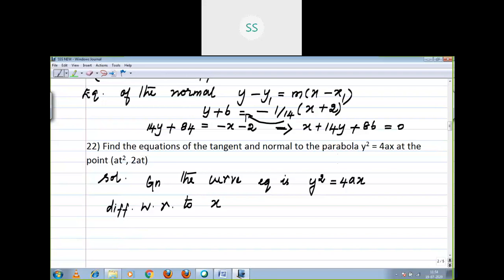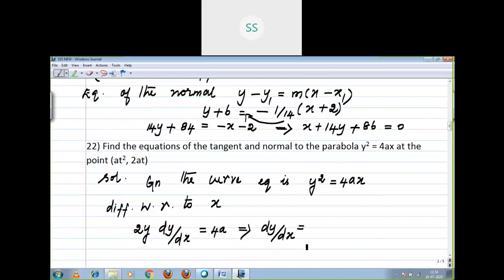First, you have to apply the power rule, the derivative of x power n, that is 2y. When you differentiate y with respect to x, what can you get? dy by dx, which is equal to 4a, because 4a is a constant, it comes under the product. When you differentiate x, it will give you 1. So you arrived at 4a. But we need only dy by dx, which implies 2y dy by dx equals 4a.